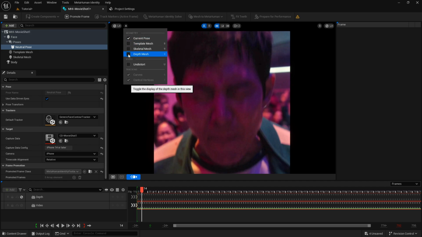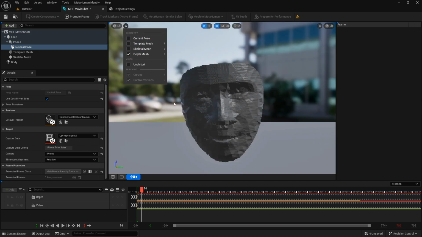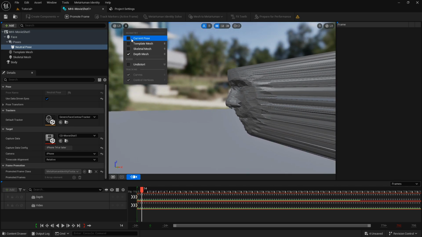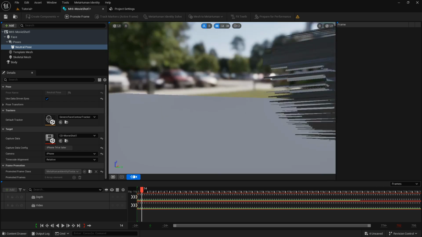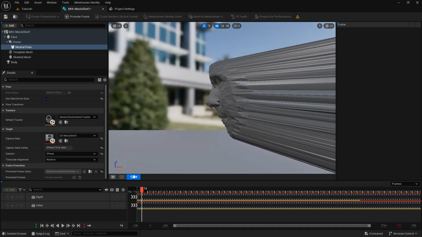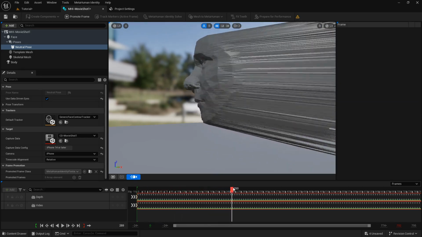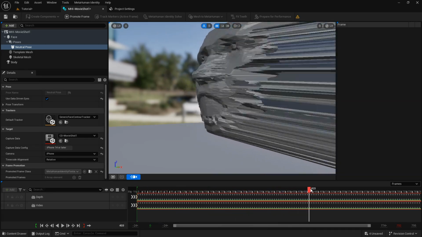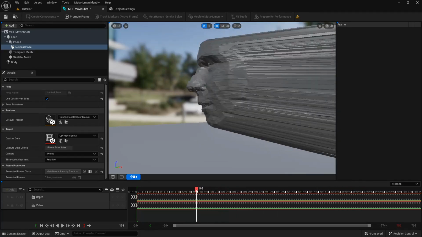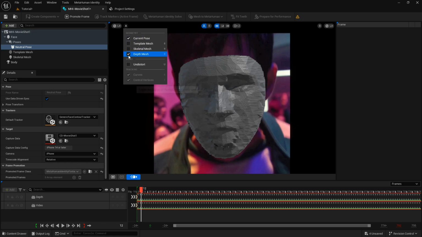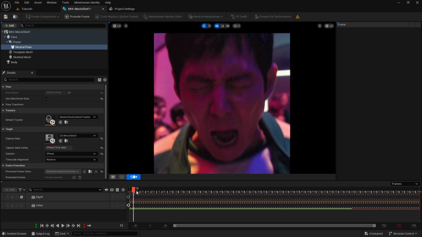If you want to see how the depth mesh looks like, you can disable the current pose and enable the depth mesh, and you can roam around and check how the depth mesh looks like. I mean depth frames. I think this looks pretty okay, and we can enable the current pose and disable the depth mesh, and we can actually